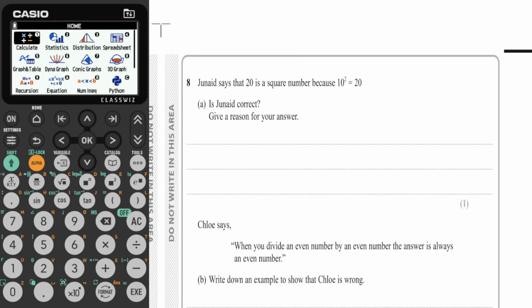Question number 8. Junaid says that 20 is a square number because 10 squared equals 20. Is Junaid correct? Give a reason for your answer. Well, clearly here he is incorrect, and that's because 10 squared equals 100, not 20. So therefore,